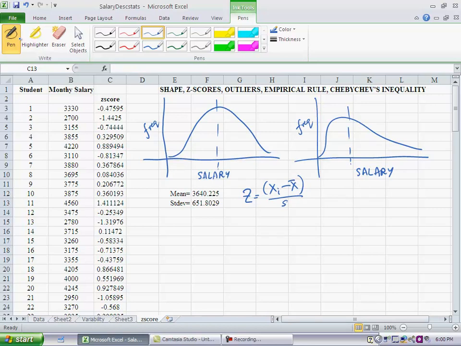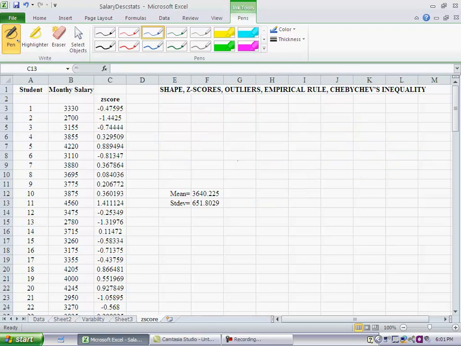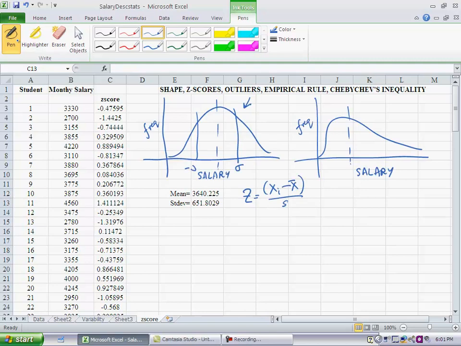Now there is a very useful rule called the empirical rule, which tells you that if the distribution of values, in this case, for example, we have the salary as the variable that we're looking at, if the distribution of salary is relatively symmetrical, in other words, if the values of salaries are evenly distributed around the middle, bell-shaped like you see over here, then there is something called the empirical rule that one can use, which says that if you go one standard deviation away from the middle on either side, then the area between plus or minus 1 standard deviation